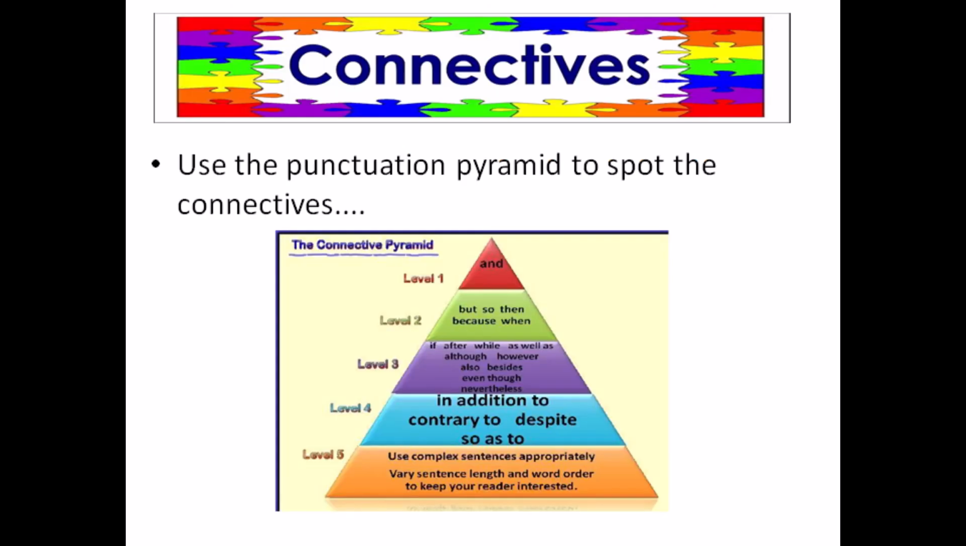Connectives. We need to use the punctuation pyramid to spot the connectives. In level 1, the word "and". So that's the connective we have. Level 2: but, so, then, because, and when. And then level 3,